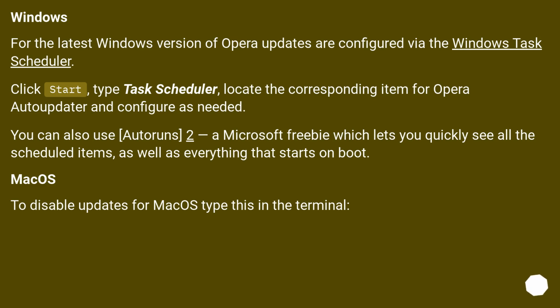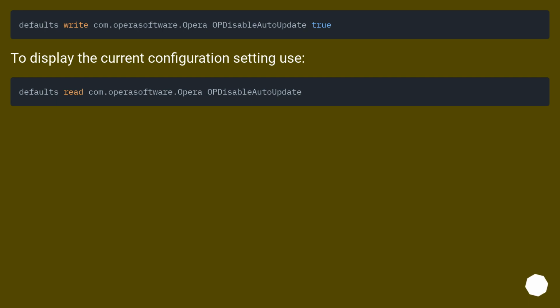macOS. To disable updates for macOS, type this in the terminal. To display the current configuration setting, use